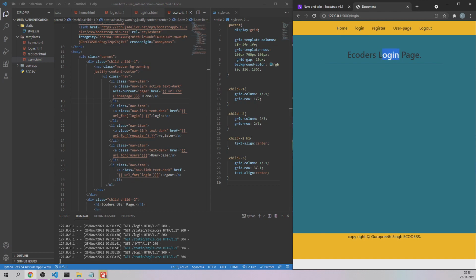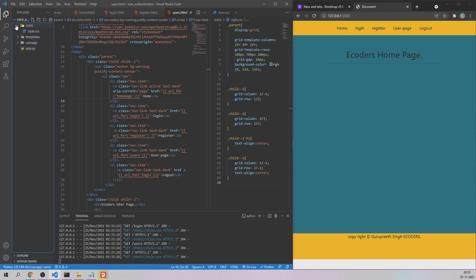This is the login page right now, and from the login page, when I click on home page, as you can see we are coming back to the home page. Let me go to the user page, and from there click on the home page and we'll be here. The next thing for us to do, as the entire front end part is complete, is to create the back end part: the database which it is going to get connected to.